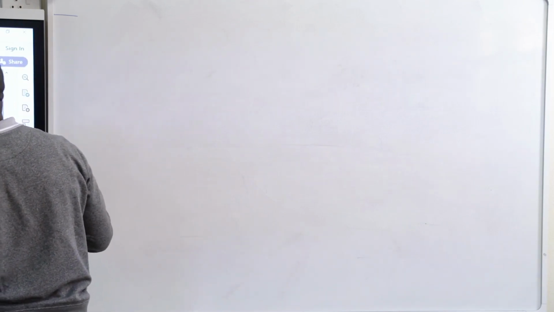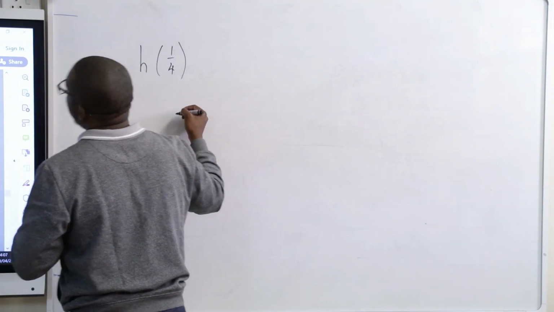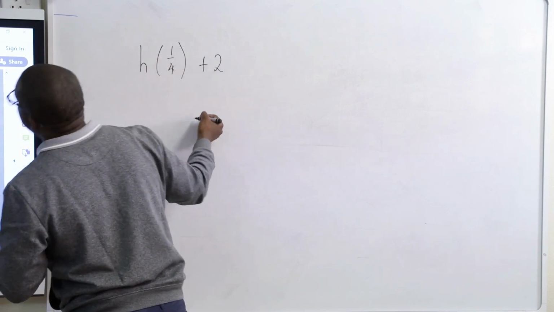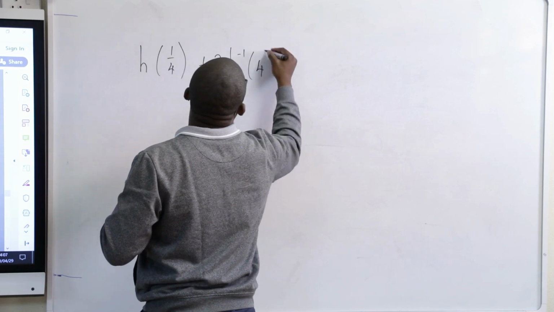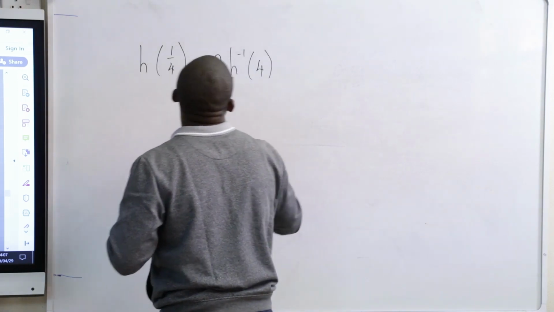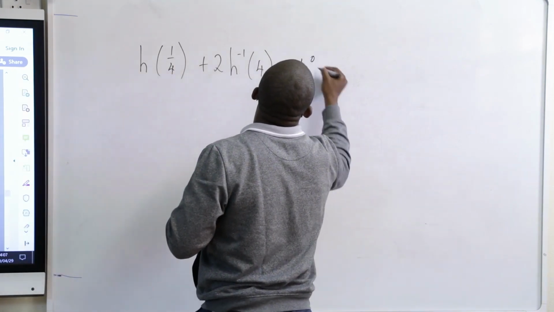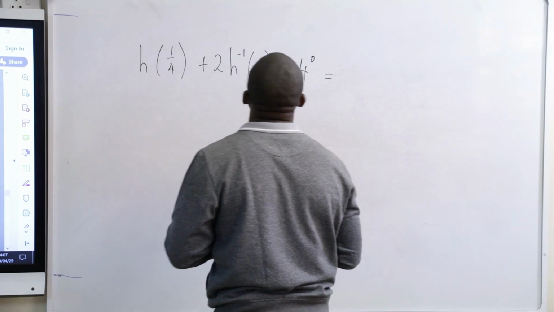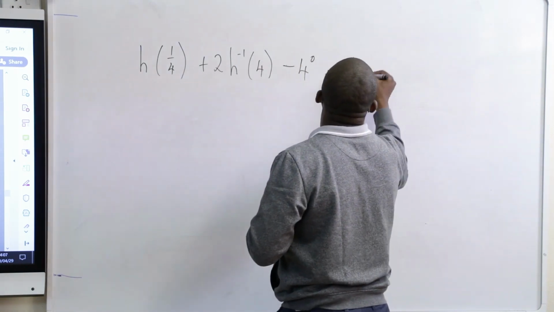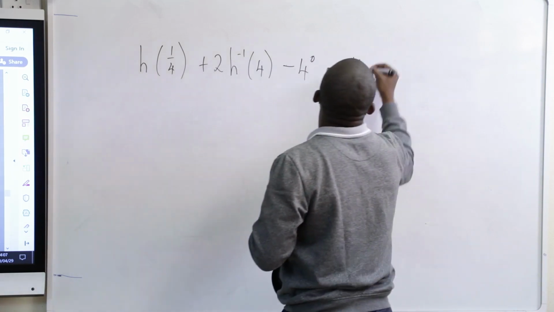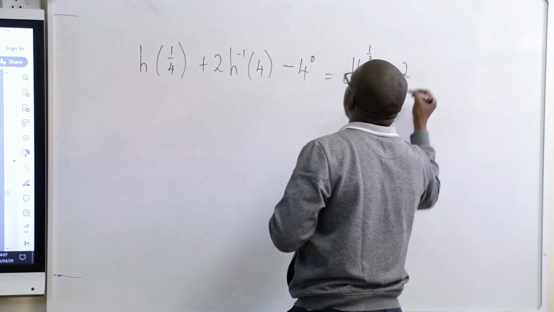Calculate showing your working. H of a quarter, plus 2 h to the minus 1 of 4, minus 4 to the 0 is equal to h to the half. This is 16 to the half plus 2